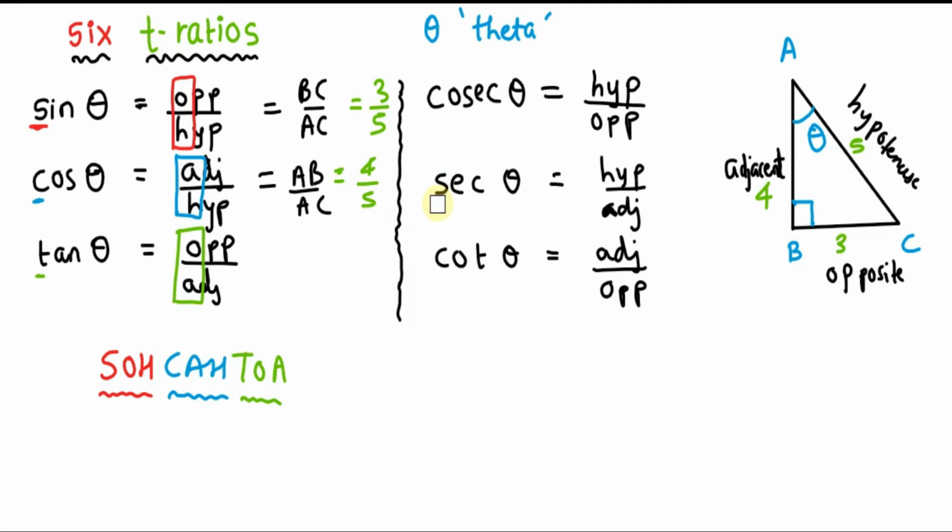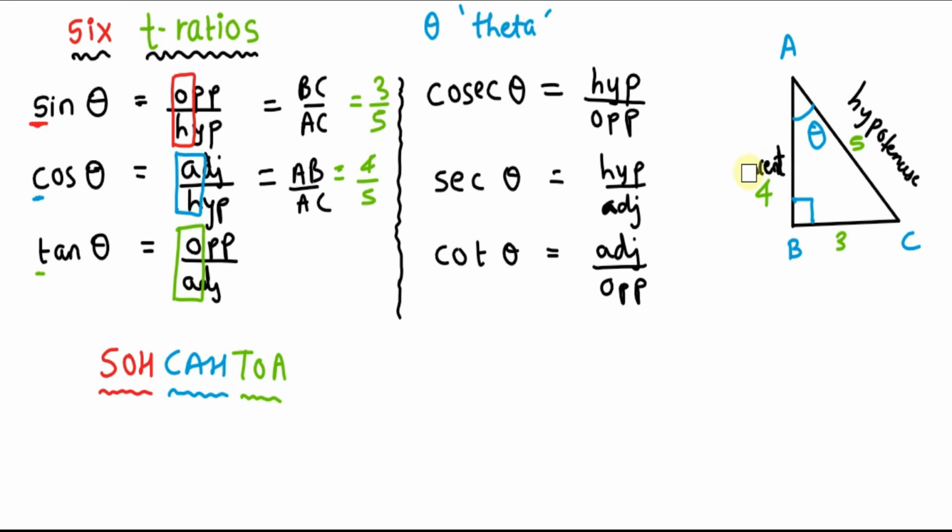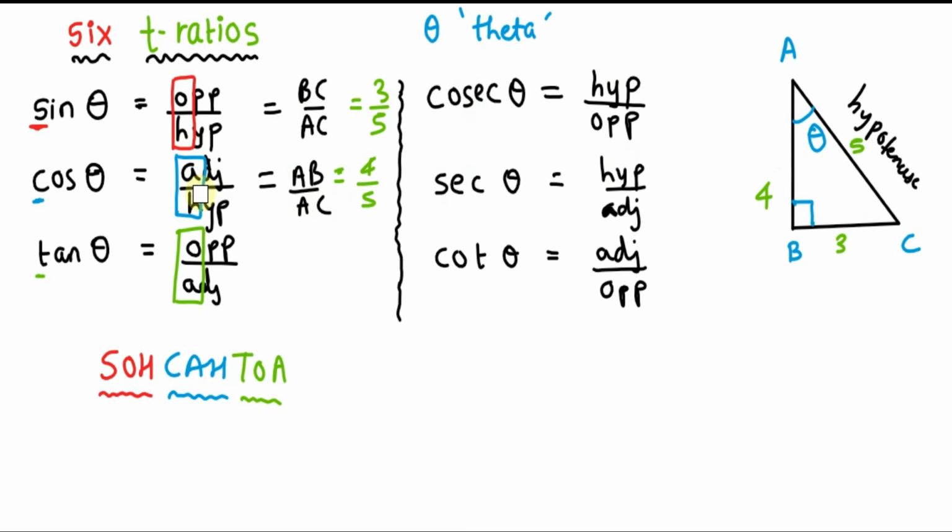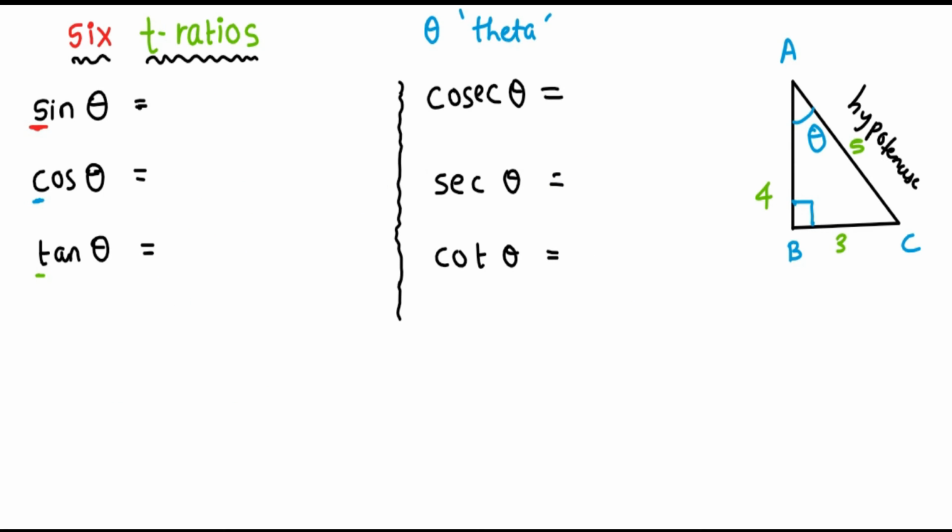In the previous video, we discussed that in some books we refer to the opposite side as perpendicular and the adjacent side as base. So with respect to perpendicular and base as the sides of the triangle, the trigonometric ratios will now change accordingly. Let us see how. With respect to reference angle theta, its opposite side BC will be called the perpendicular side. And AB will be called the base.